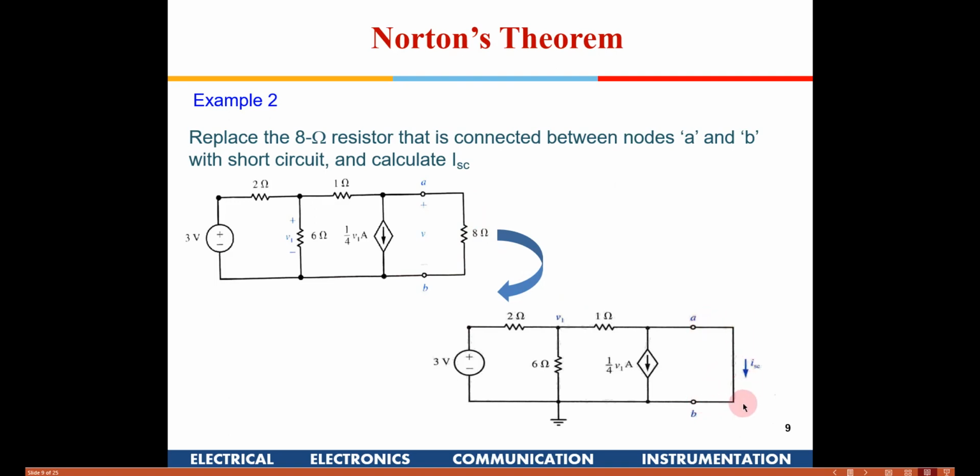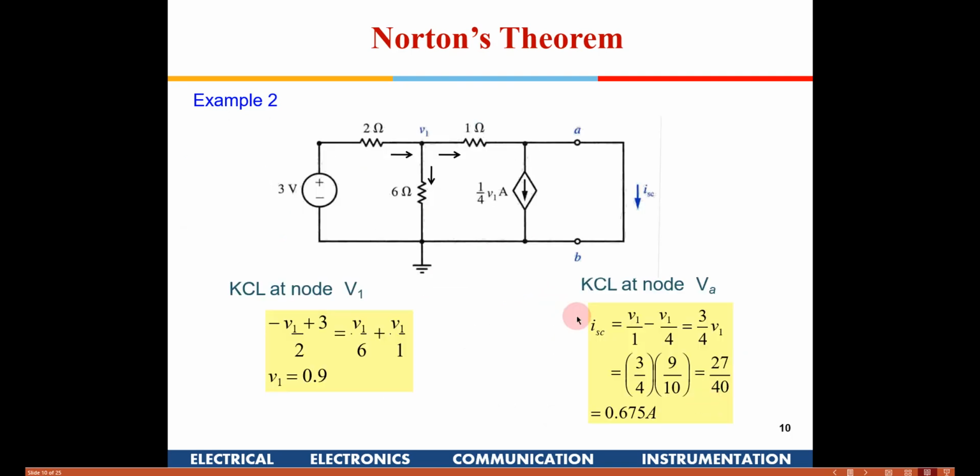So we are going to write it as I short circuit and try to find out what is the current which is flowing through this. So from here to here we have done nothing. We have just removed the load resistance and put a short circuit there. So this is a short circuit out here. So let's try and write the current equations at this node and this node, and then try to compute the